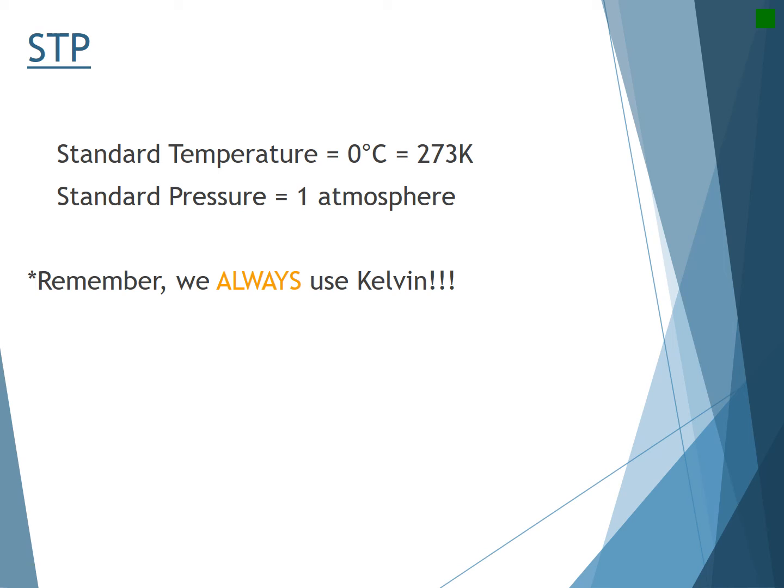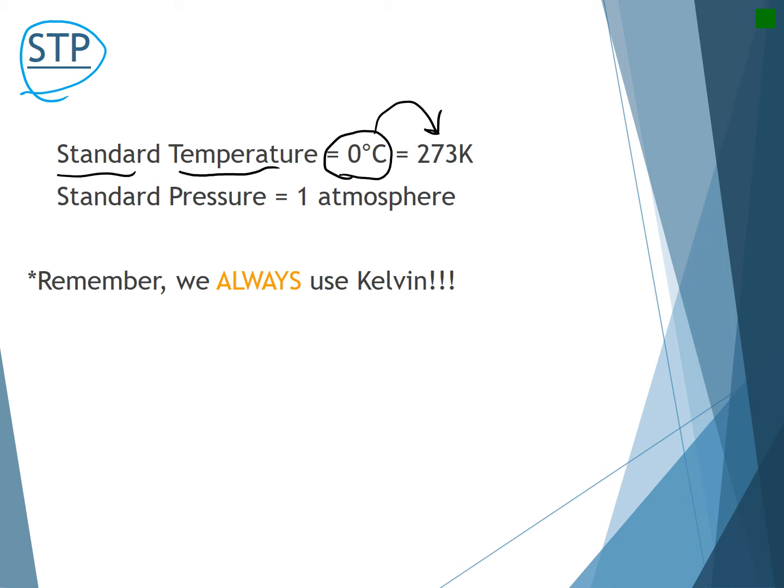All right, this is another thing you're going to absolutely 100% memorize. If I say the term STP, what does that mean? Well, scientists created this standard temperature and pressure, okay? So if we ever say STP, I am literally telling you the pressure and the temperature at that time. If I say ST, that would be standard temperature. What is that defined as? 0 degrees Celsius. So what does that mean in Kelvin? Remember, all you have to do is take your Celsius degrees and add 273, so that would be 273 Kelvin